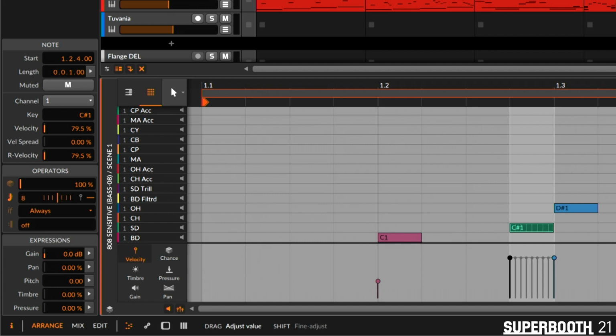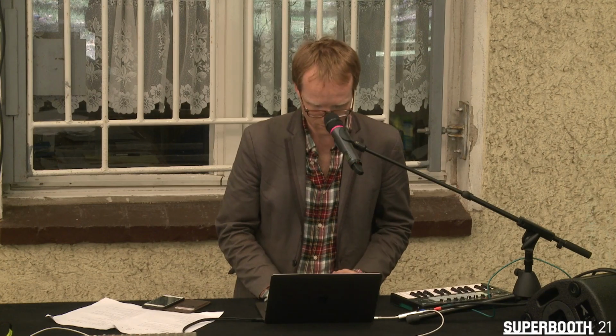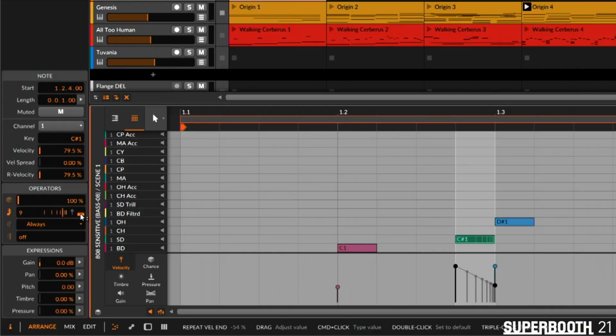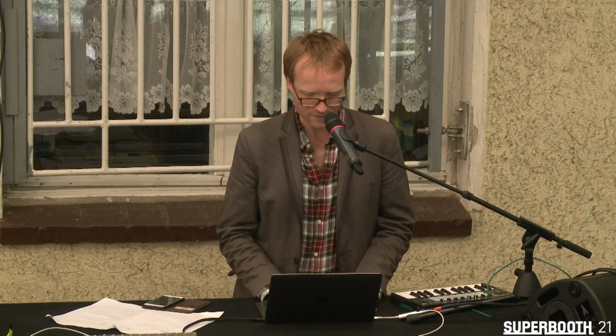If I say maybe I want this 9 times in the note, and I can kind of see the lines within the note. Shift the timing, ramp down the velocity. Now, that's kind of fun, but again, this is happening too often. I don't really want to be dealing with 1 bar. I want to think in units bigger than a bar.